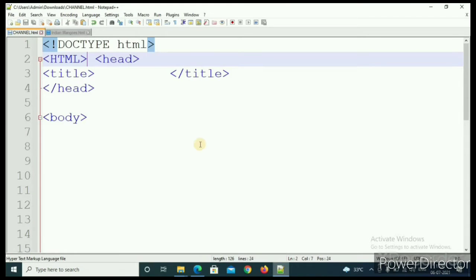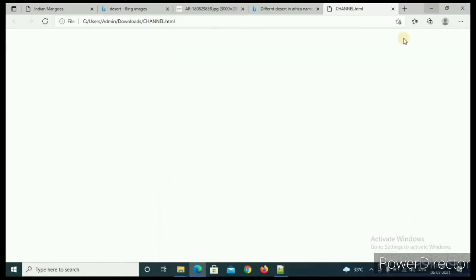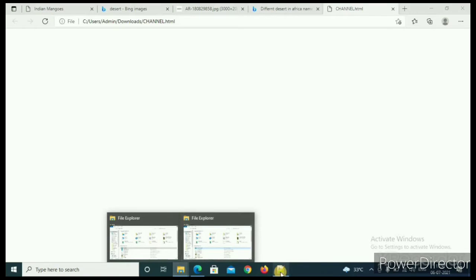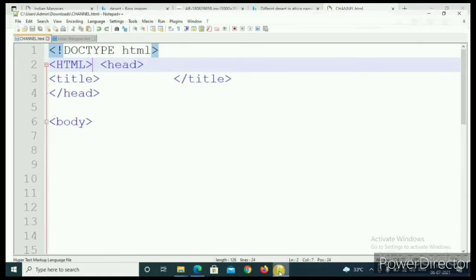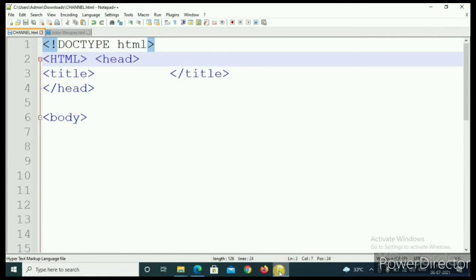Then I have opened this one and this notepad, and this is another notepad. I will give the link in the description, so check the description and download the app. It is Notepad plus plus.